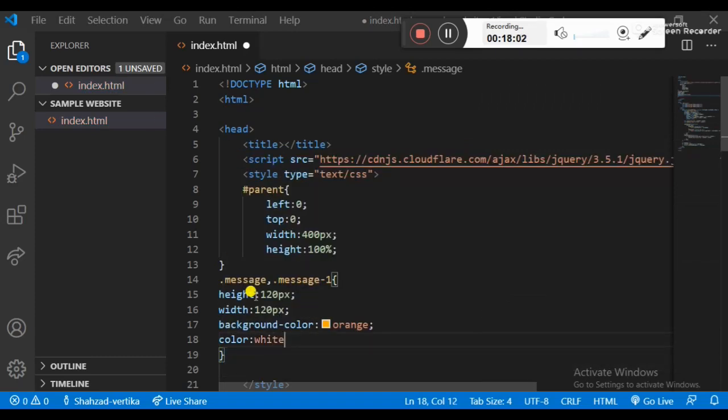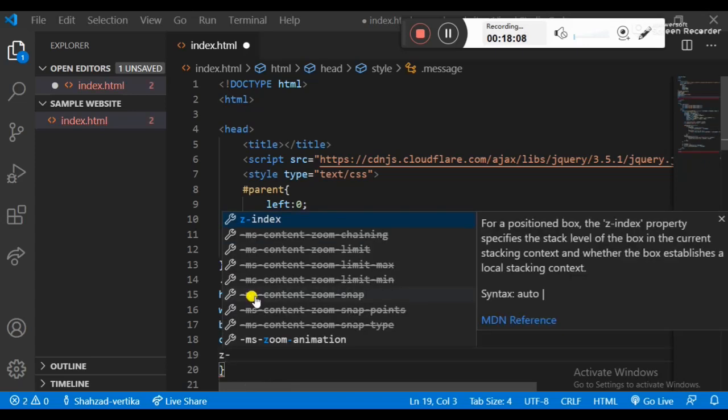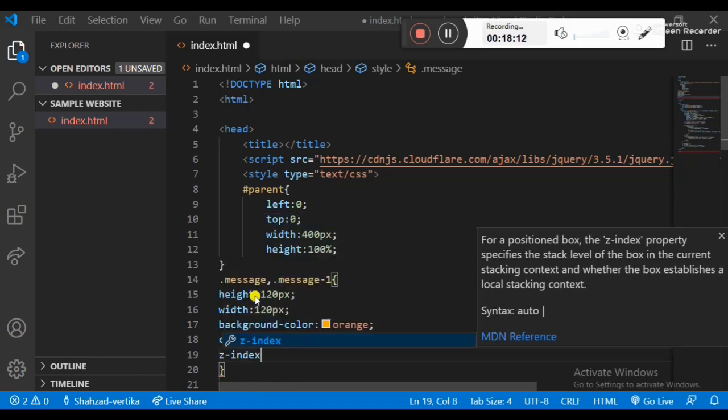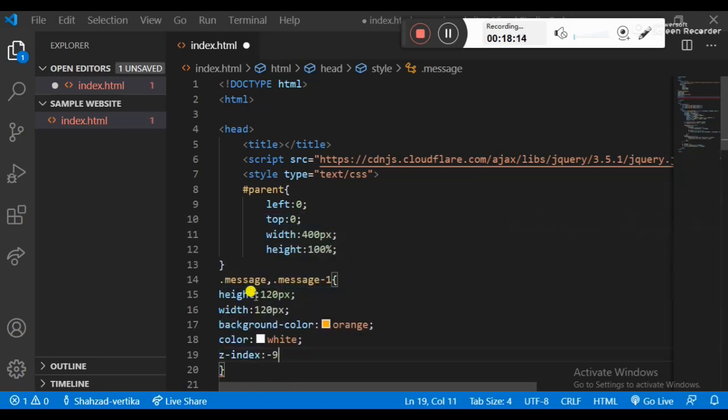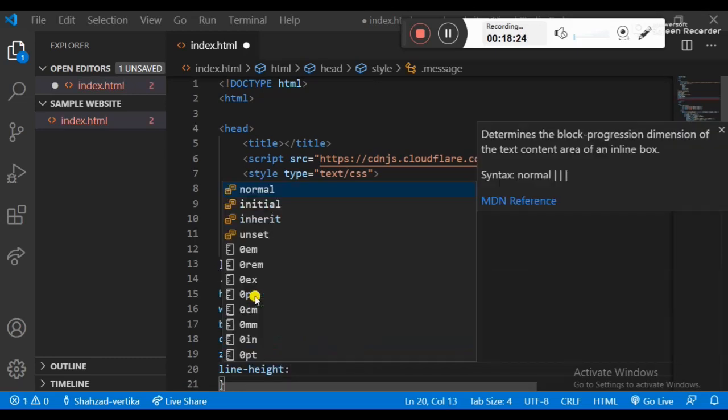Z-index property is the most important part if bubbles are overlapping. So we need a Z-index property, -9999. After all, line height should be 150 pixels.